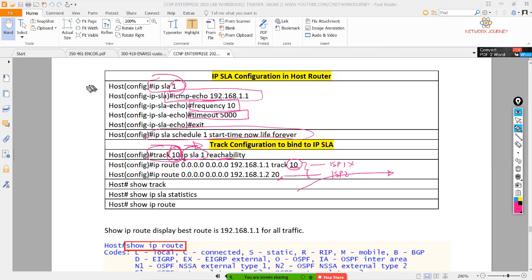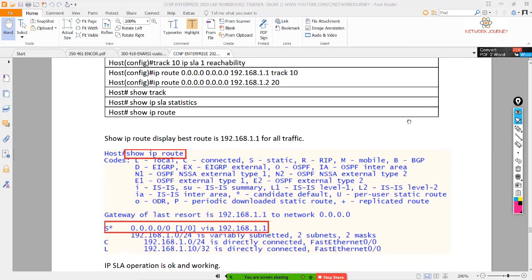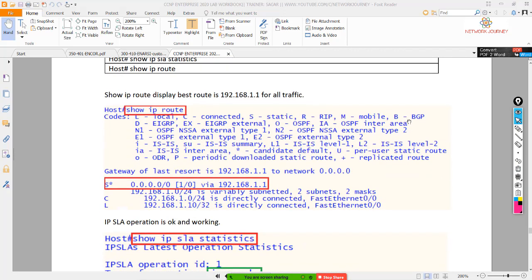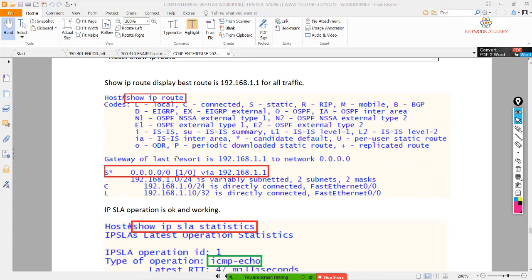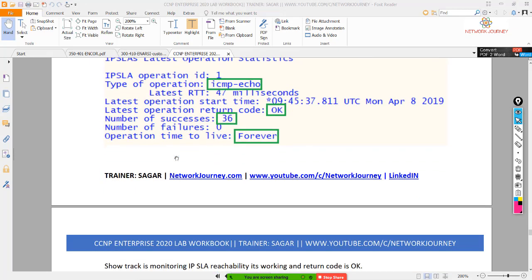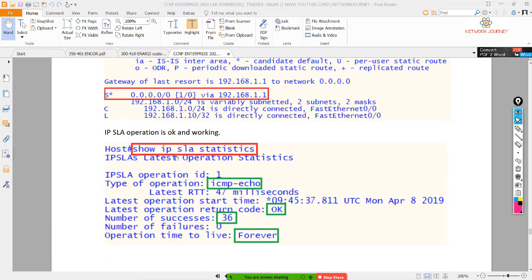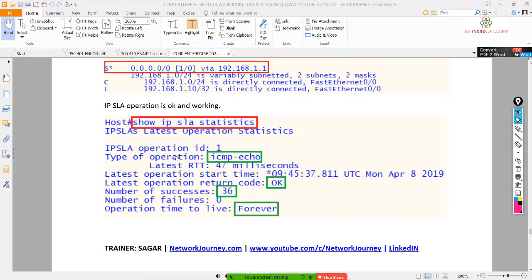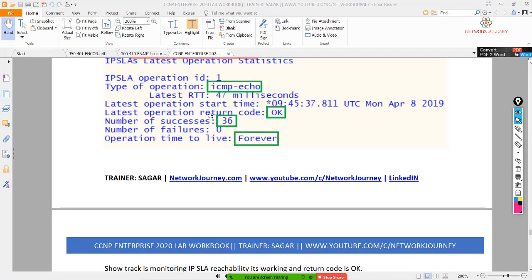Okay, so these are the features that we use when we have two or dual ISPs with us, and these are all the show running configurations. Okay, you see this is when it's reachable. Okay, the status code is okay. So as soon as you shut down the interface,